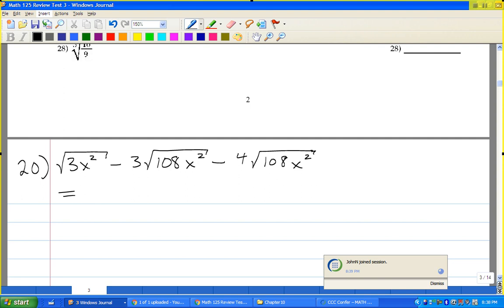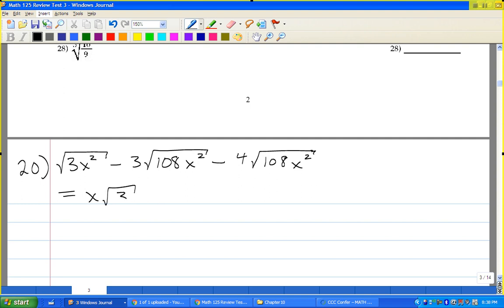The square root of x squared is just x. Here again they say add or subtract, assume all variables represent positive real numbers, so I don't have to worry about absolute value. And so this is x rad 3, minus, let's write